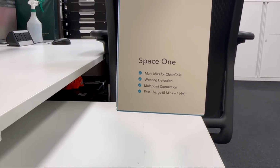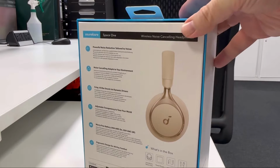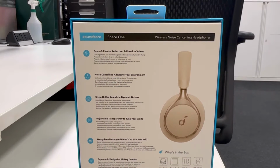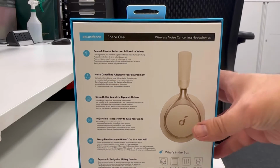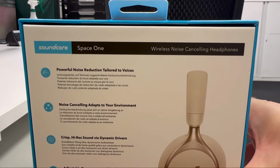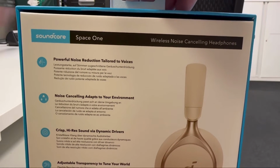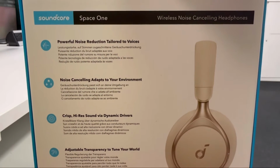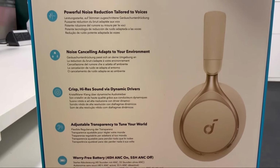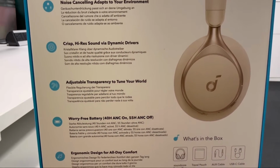Multi-mics for clear calls, wearing detection, multi-point connection and fast charge. This sounds great already. Powerful noise reduction, tailored to voices. Noise cancelling adapts to your environment. There is crisp, high-res sound via the dynamic drivers that are included. It also comes with adjustable transparency to tune your world, and there's worry-free battery, as well as ergonomic design for